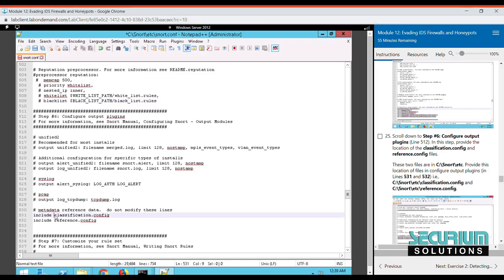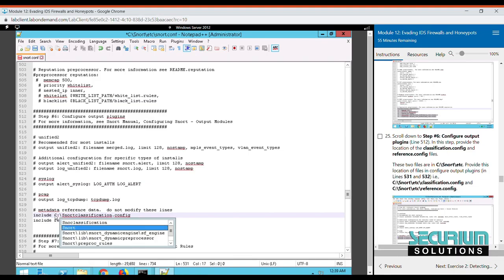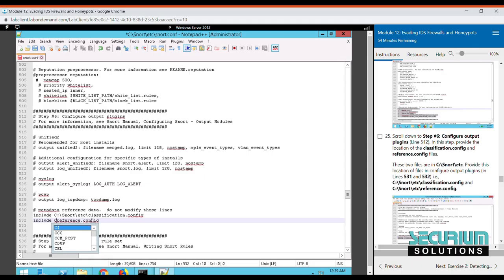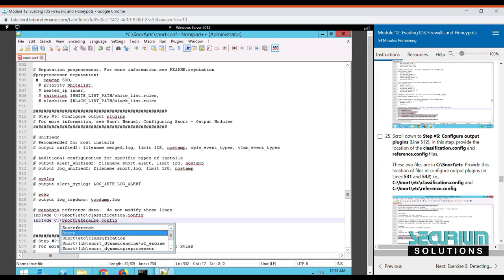Let me type it in here, C:\snort\etc\classification.config. The same thing in here, you need to give C:\snort\etc\reference.config file. Okay,